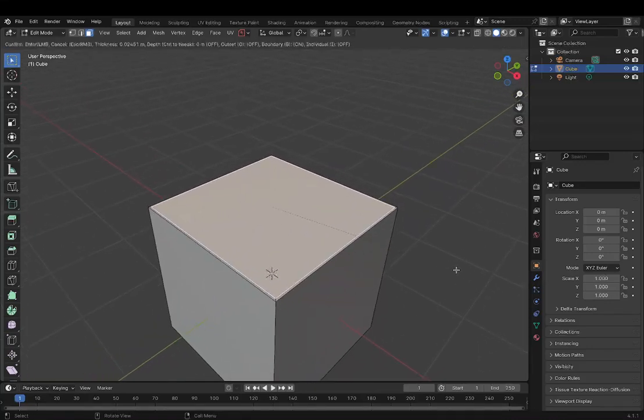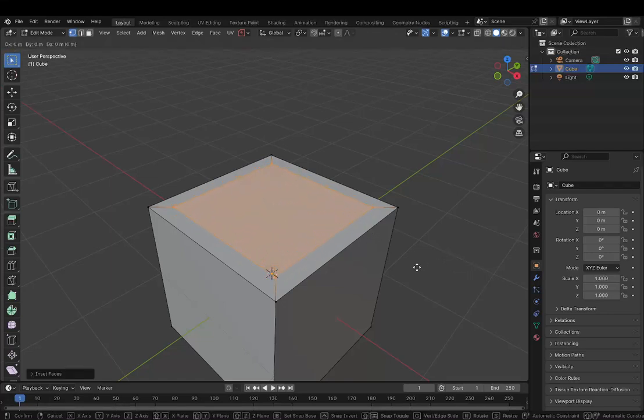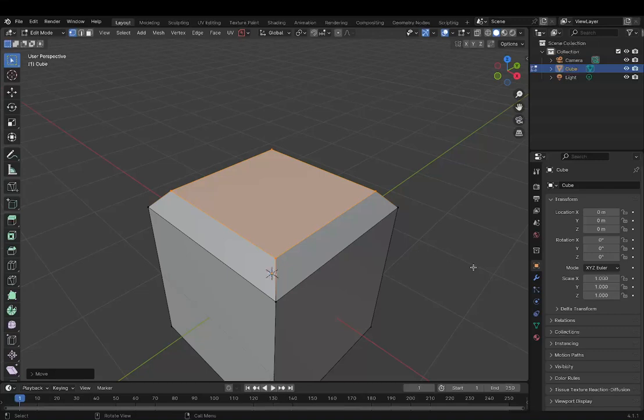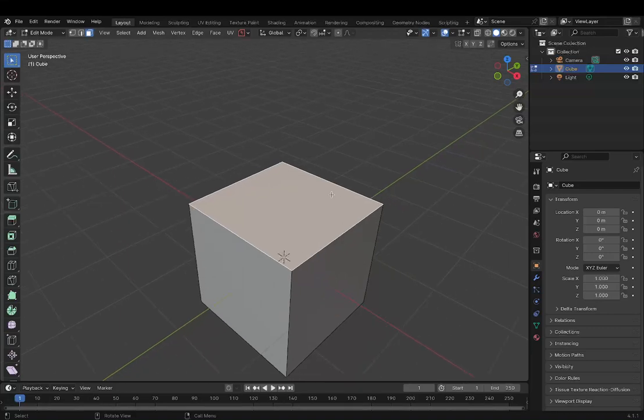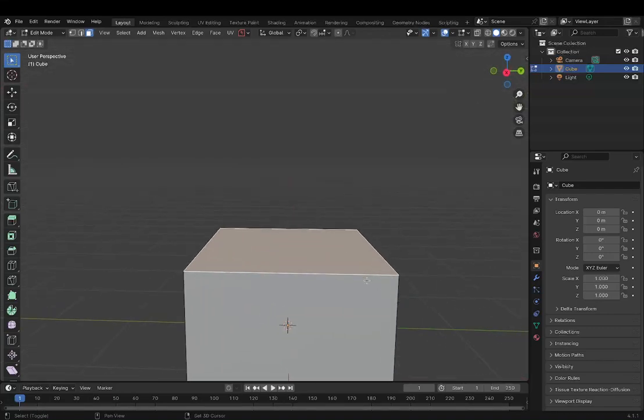When you inset an object, it creates a smaller face inside of the face that we already had. And in vertex mode, you can see we have these new vertices and new edges, which means new geometry we can play with. So now let's go about making a house. Then we'll look at the skyscraper.